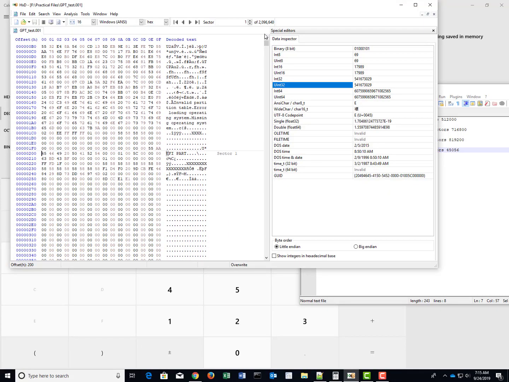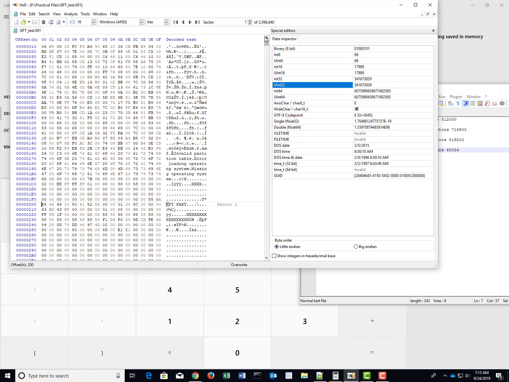Alright, so we're in the GPT review problem set, and again, it's a matter of replacing anywhere I have an ASCII X or hex 58. Actually, in the questions, I didn't have you replace all of them, but we'll walk through this. We start in the MBR, and this one only has one place where it took out the information, and that is the number of sectors